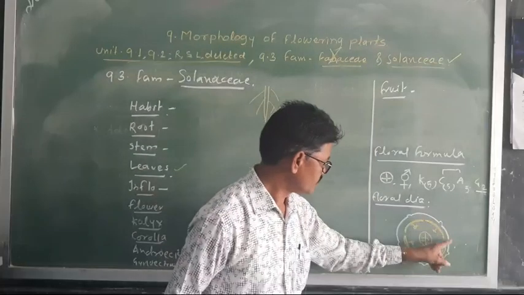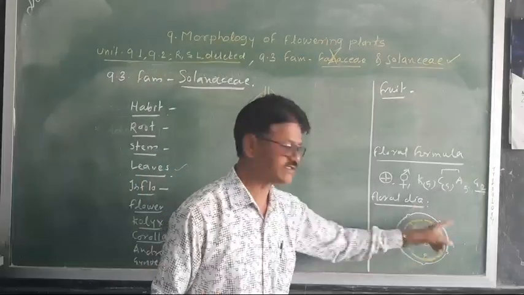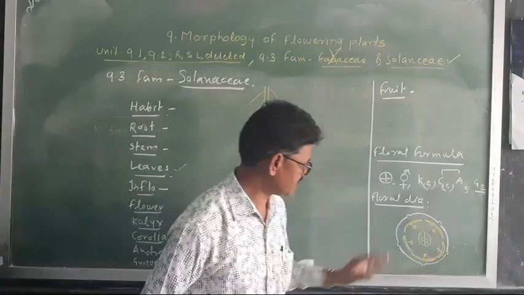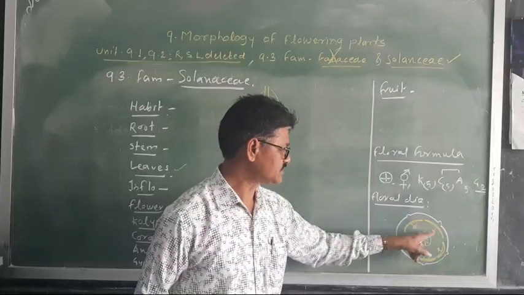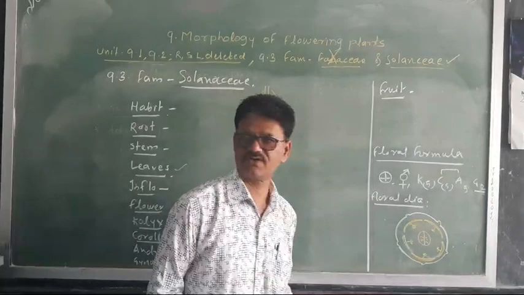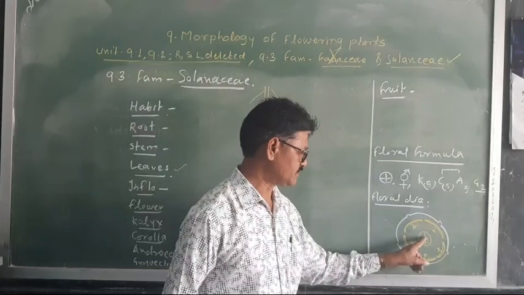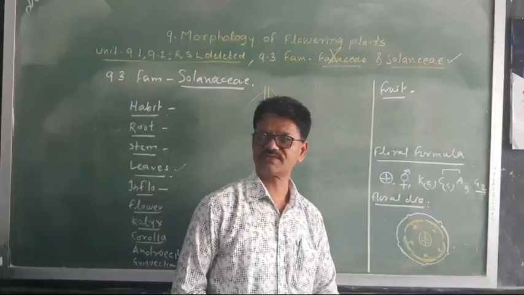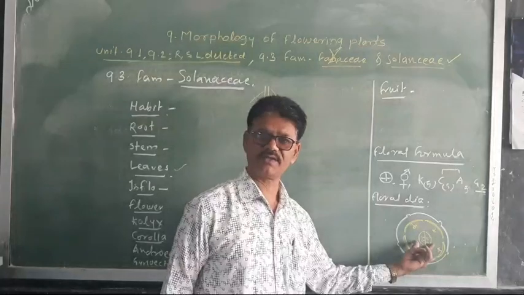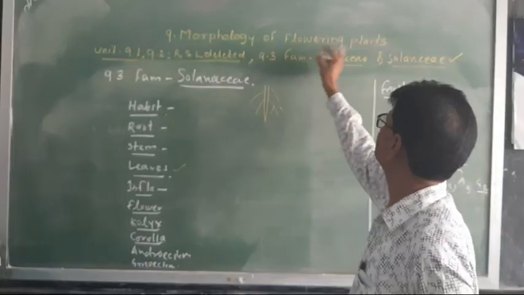1, 2, 3, 4, 5. These are the calyx, meaning sepals, arranged in valvate manner. Then the yellow color is the petals, arranged in valvate aestivation. Then on the petals, these are epipetalous stamens. And when you take the section of the ovary, you will see 2 chambers, 1 and 2. On axile placentation the ovules get attached. So bicarpellary superior ovary, and in this way we finish the chapter morphology of flowering plants.